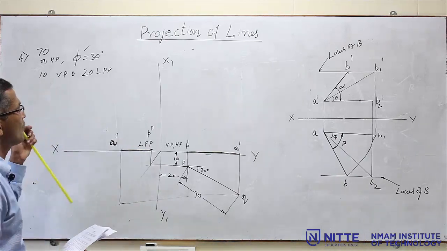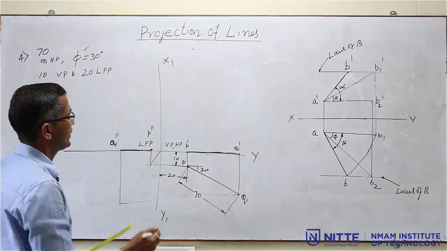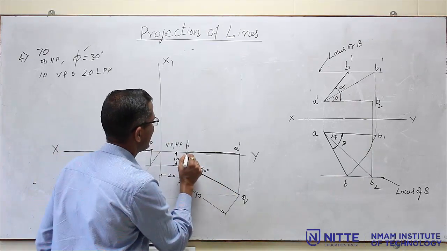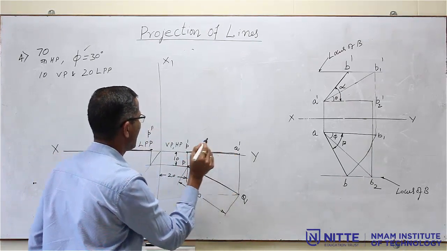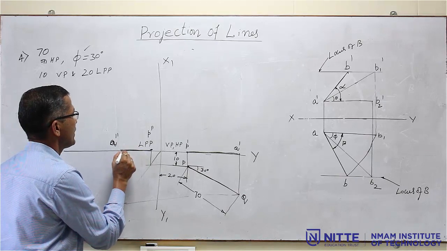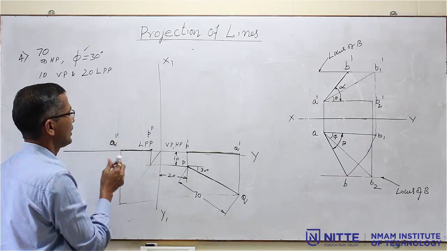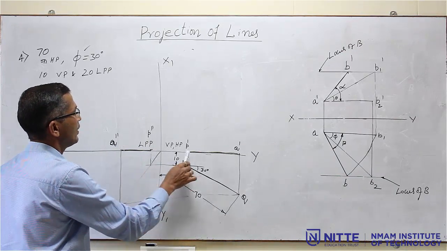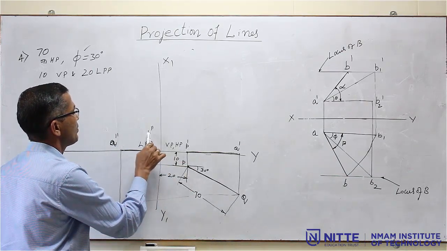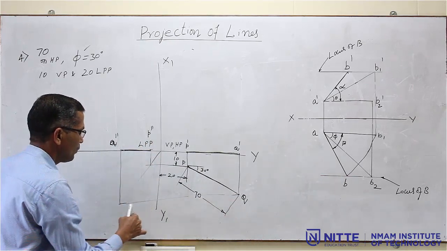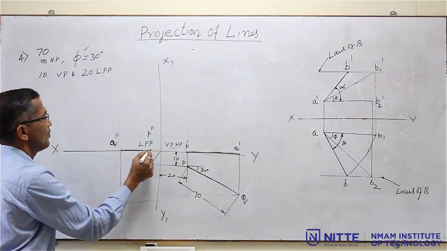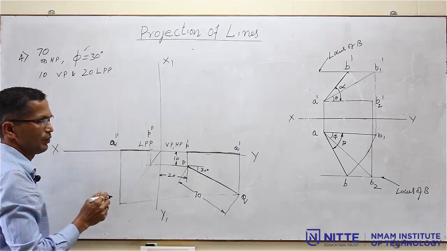So, this is the solution for the fourth problem. So, this is PQ, this is P dash Q dash on the XY line itself, this is P double dash and Q double dash. Now, while naming this you have to take care, this is P and P dash. So, that is why this will be P double dash and Q and Q dash. So, this will be Q double dash. This is how we are going to obtain the profile view.